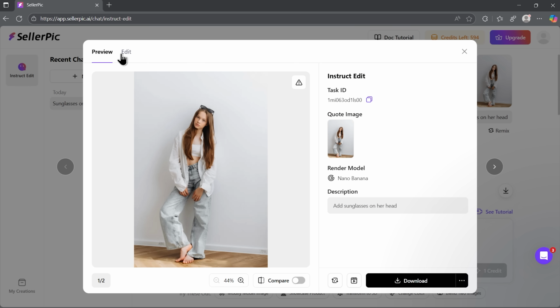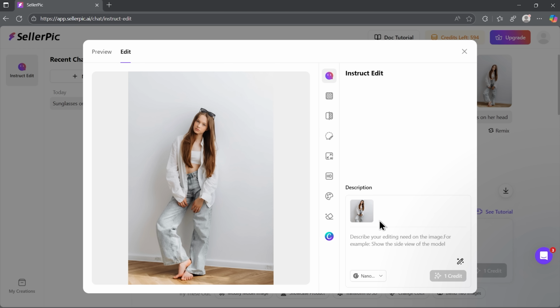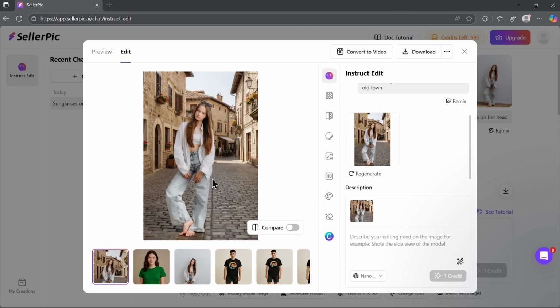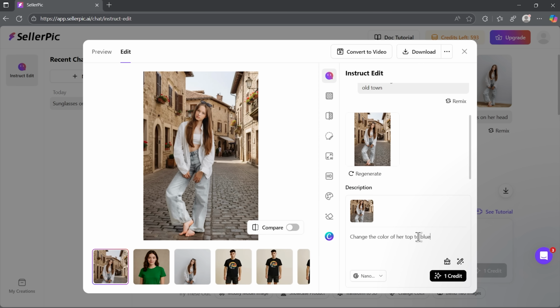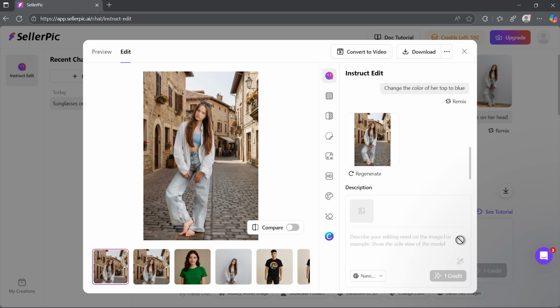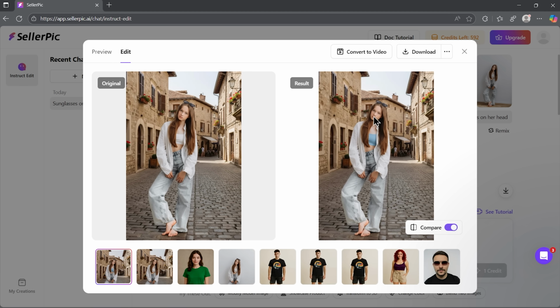Friends, now I can move right into the edit section and write another prompt to adjust the background this time. Excellent result. Neither the model's appearance nor her clothing changed at all. Guys, let me ask it to change the color of the blouse she's wearing. Perfect! The update happened exactly as requested. The garment itself didn't change, only the color shifted, which is useful when you need to test how products look